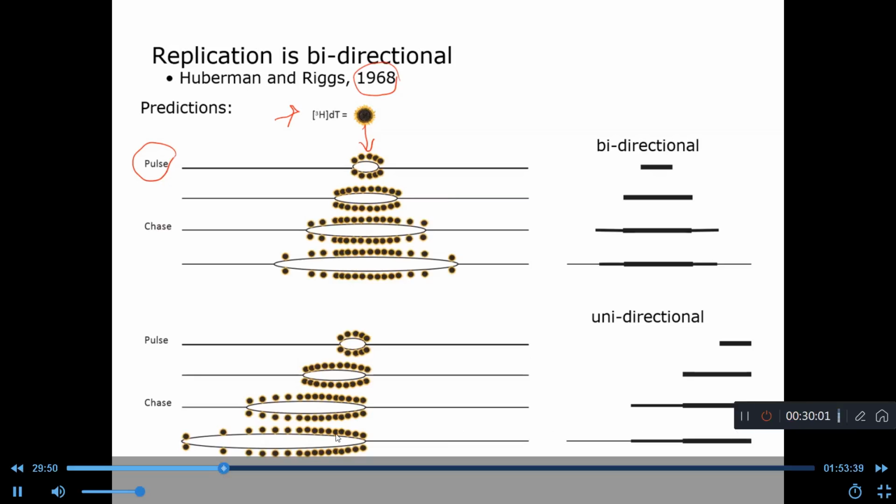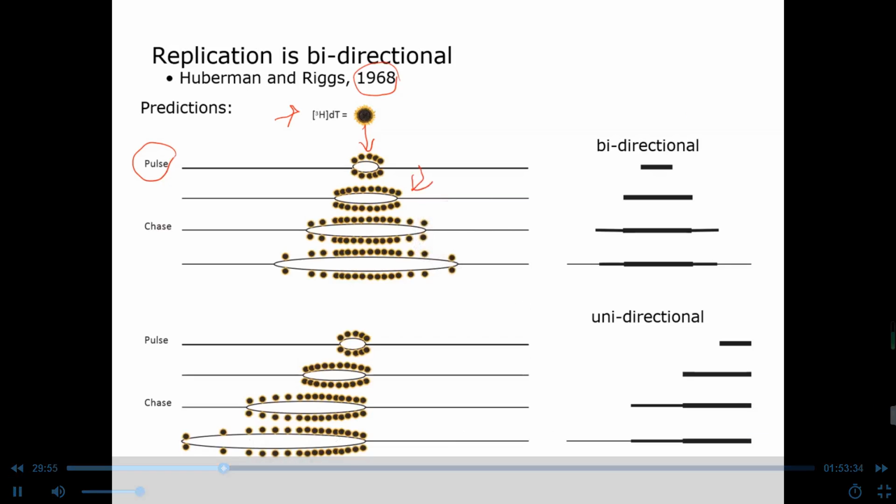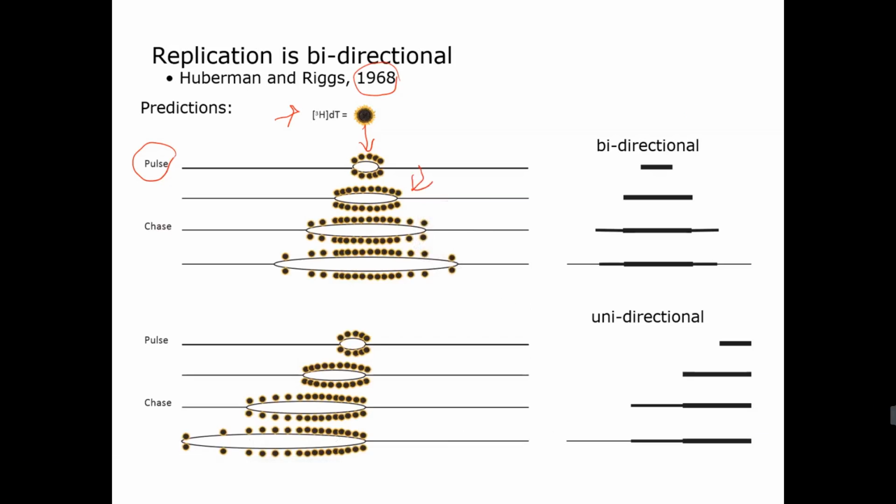And so then you add this, and it goes on for a little bit longer. Okay, so you've got this nice strong labeling that's occurring. And then you're moving to the chase phase, where you're throwing in a bunch of thymidine without tritium. Okay, so this causes a dilution. So now the amount of radioactivity that's being incorporated starts to become diluted, and you can see it evident in